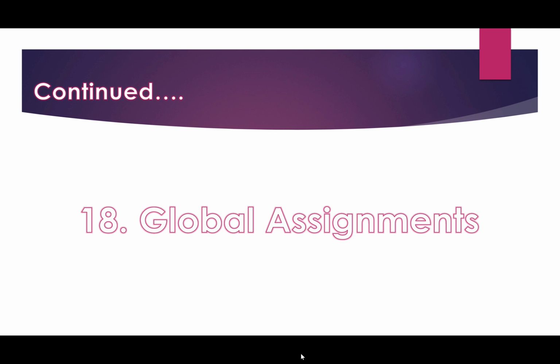Global assignments. Employees can be sent on a global assignment to another company using the Global Assignment Management function. Global assignment for an employee can be added in the system by the administrator or the manager. There is one home and one host employment for the employee after the global assignment is active. Employees who are on global assignment are also called expatriates for the time of the global assignment.